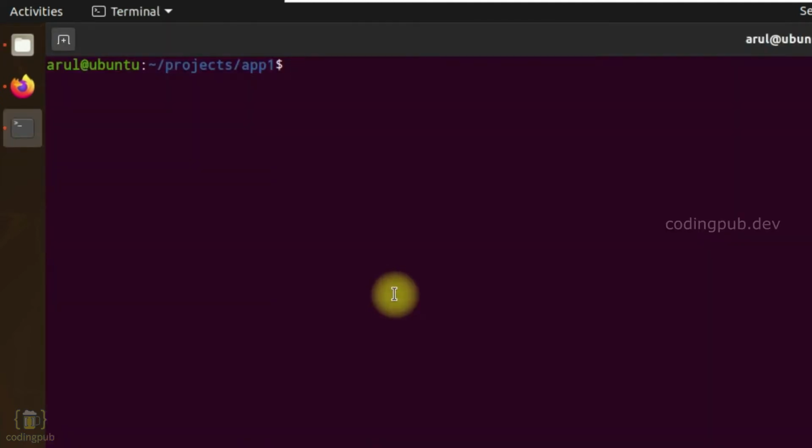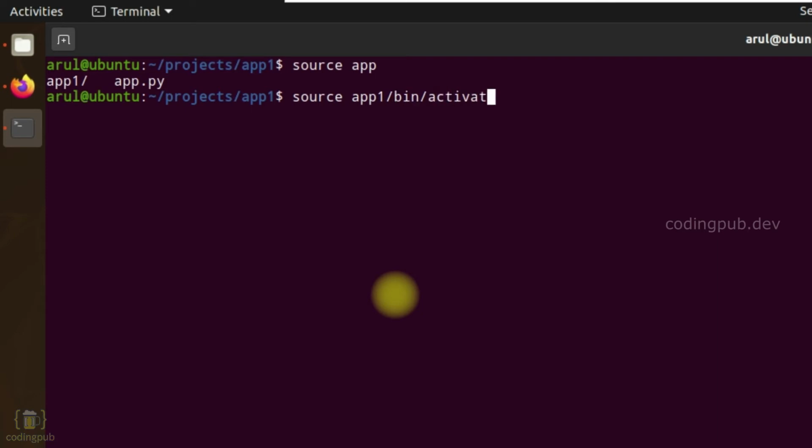To activate the virtual environment you just created, you need to use the command source, the directory of the virtual environment, in our case app1, then bin activate. When you type the command, you will be able to see that the virtual environment is activated. At the beginning of this line, app1 is the virtual environment here.